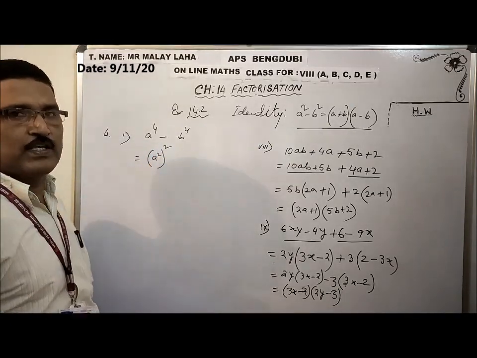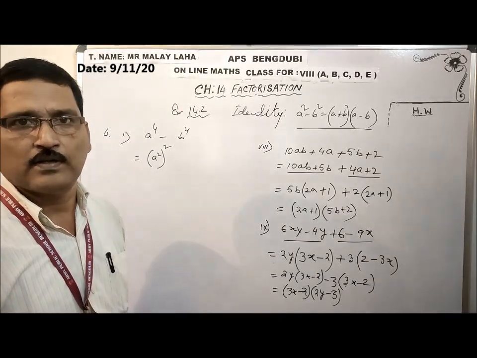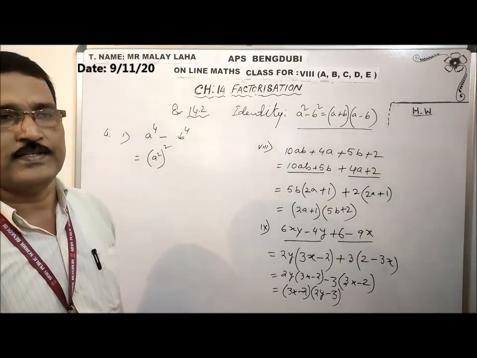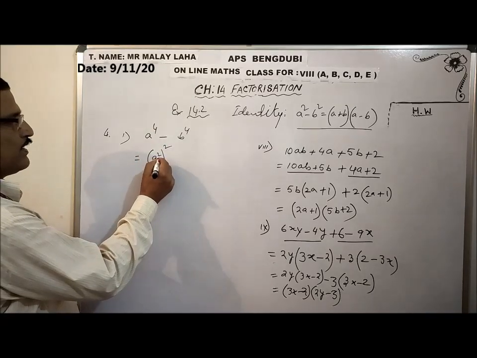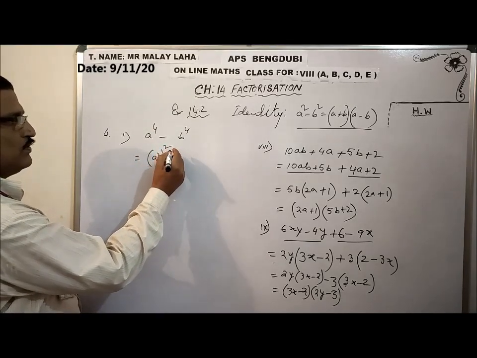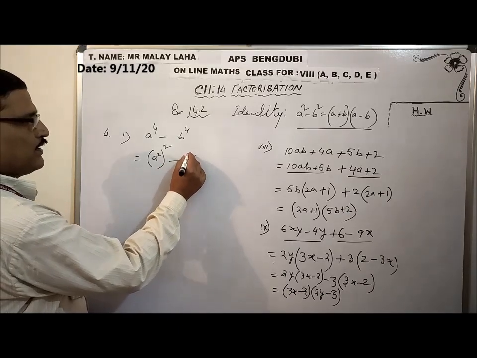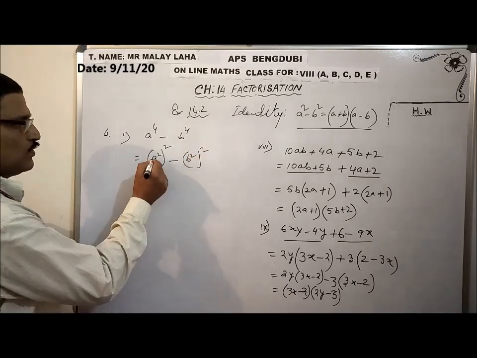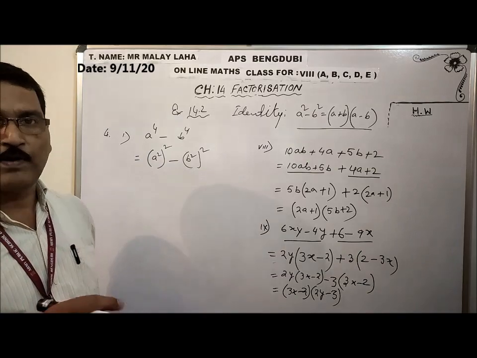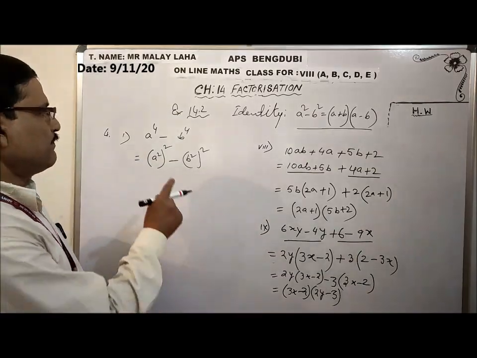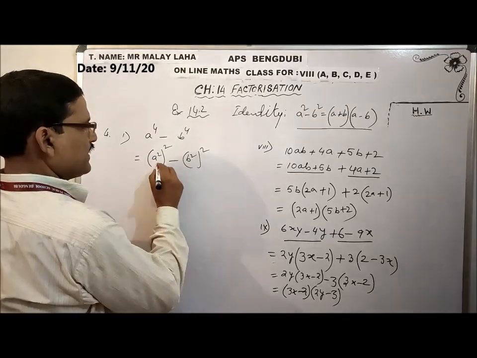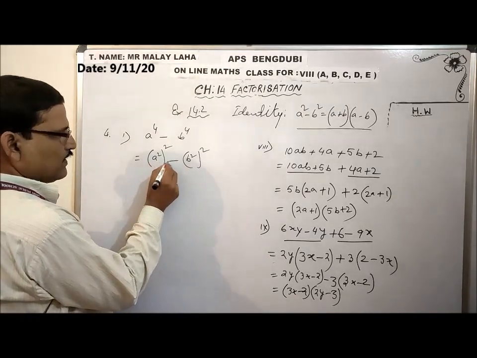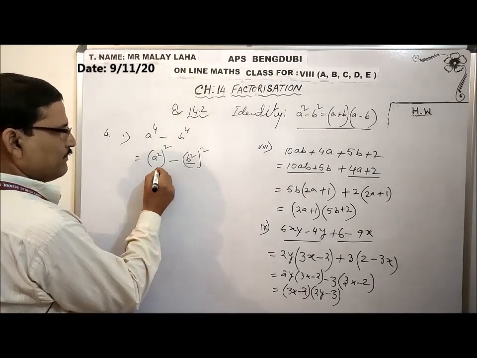Because a raised to 4, b raised to 4, there is no direct identity. I have to follow a particular identity, so reduce the power. So a raised to 4 can be written as a square raised to power 2. Similarly, b square raised to 2. Why exponential form, inner power times outer power? When we multiply, I am getting a raised to 4, b raised to 4. Okay, now using the identity, this one you treat as a, this one you treat as b.